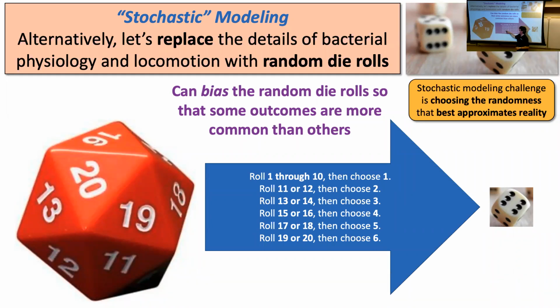But if you roll 11 or 12, you get a 2, 13 or 14, you get a 3. And so you're going to get a 1 50% of the time, and then 12.5% of the time, you'll get each of these other numbers. Or maybe I didn't do that right. Or 10% of the time, you'll get each of these other numbers. So 10, 20, 30, 40, 50, 100. So this is a way that if I have a die that has more sides than the die that I'm using, I now have the ability to create these rule cards that reshape the random outcomes to make it more realistic.